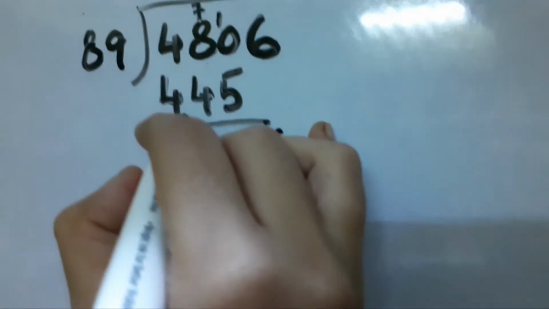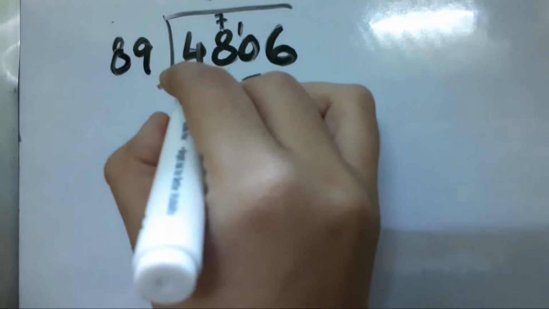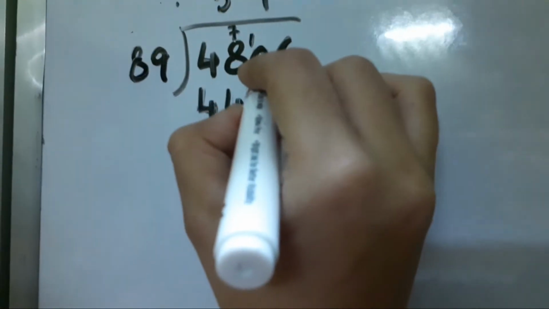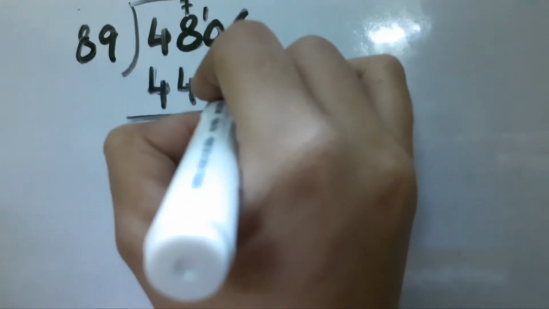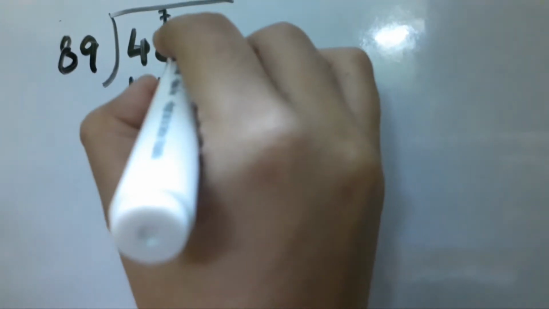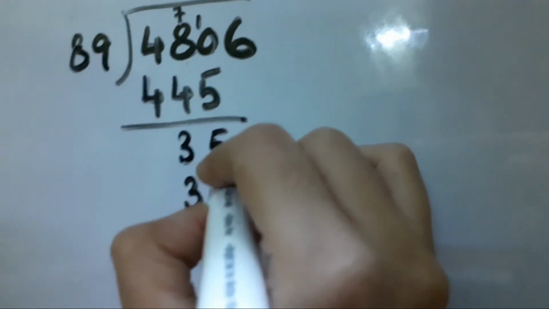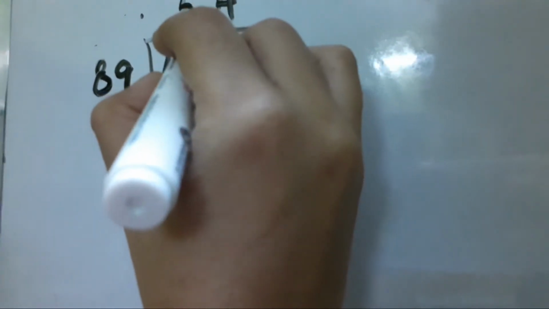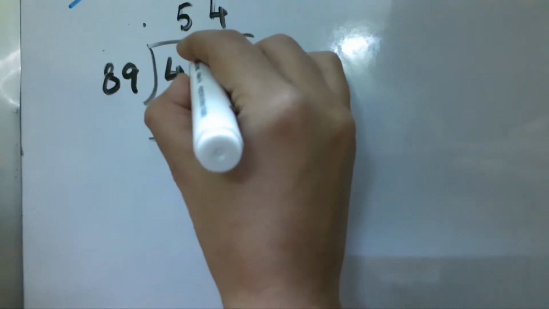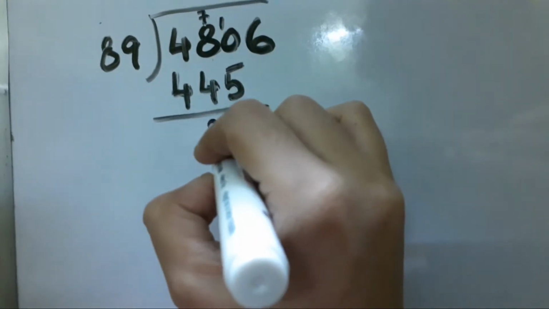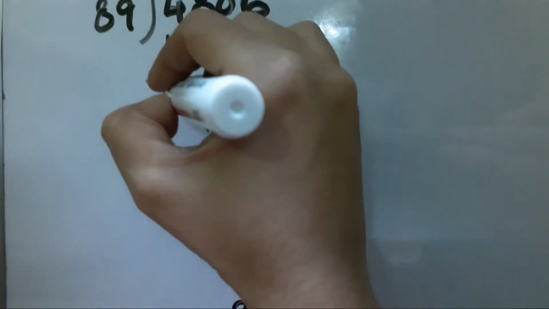Now subtract 445 from 480. 0 is smaller than 5. Take 1 here. Now it is 10. Now after 5, 6 comes. 6 to 10 count. You will get 5. 1 we have taken extra. Now lessen it from 8. 8 minus 1 is 7. After 4, which number comes? 5. 5 to 7 count. 5, 6, 7. That is 3. 4 minus 4 is 0.